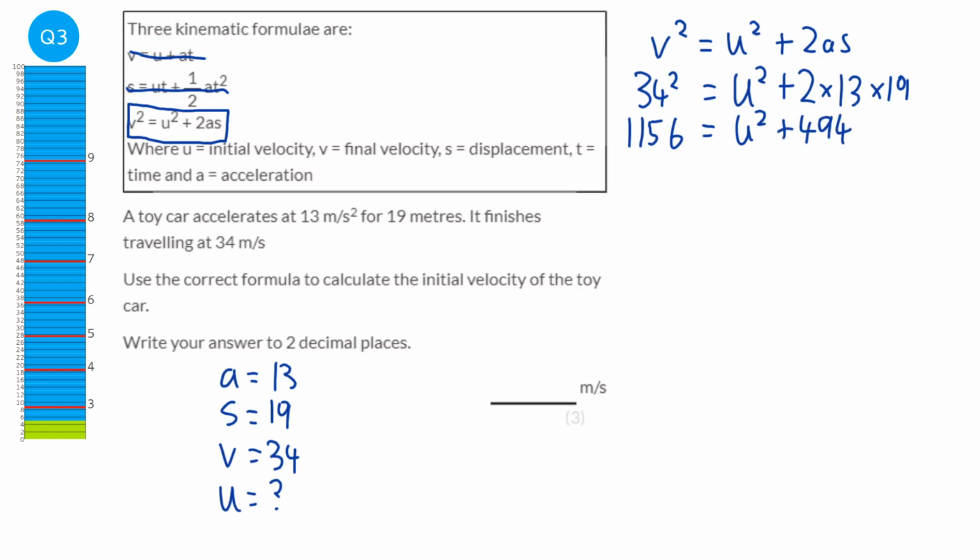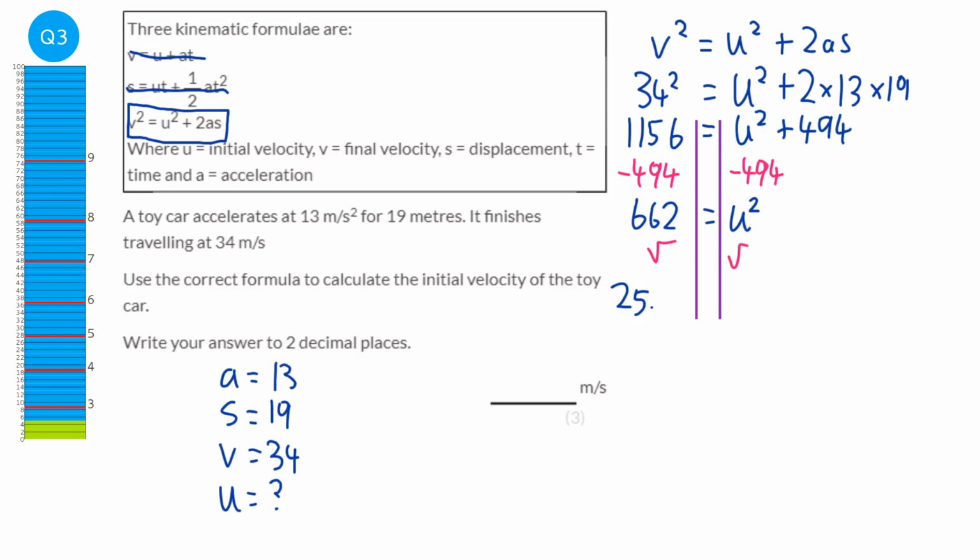And it turns into a solving part, so we're just going to solve this. So the first thing I'm going to do is subtract 494 from both sides. And so we're left with 662 equals u squared. Then we're just going to square root both sides. And so the square root of that is going to be 25.8729 and so on, and it wants it to 2 decimal places, so it's going to be